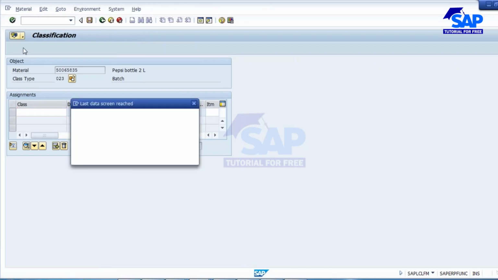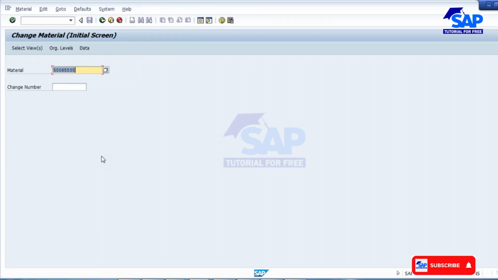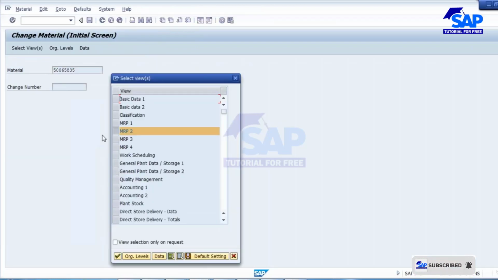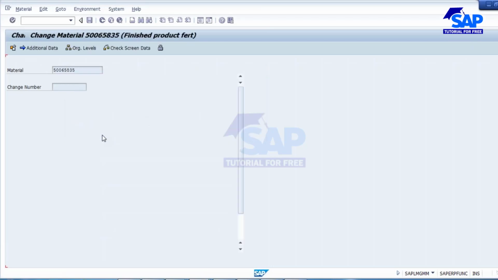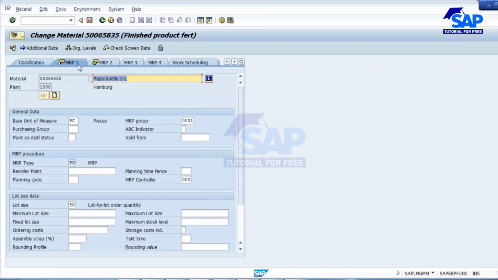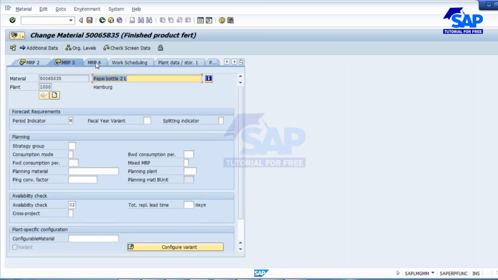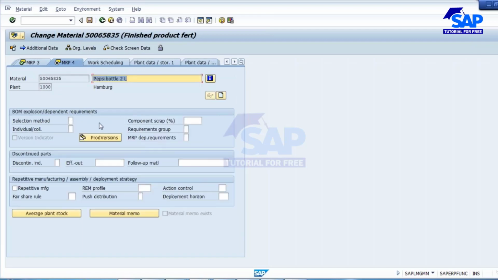Maintain, right? Okay. So now if you want to see the data, MRP views. So this is the data, MRP 1, 2, 3, 4. So we should have a clear understanding of these fields, what data is to be maintained, all those things we should have. Anyhow, when we go to our particular topics, further topics, that time we will be discussing